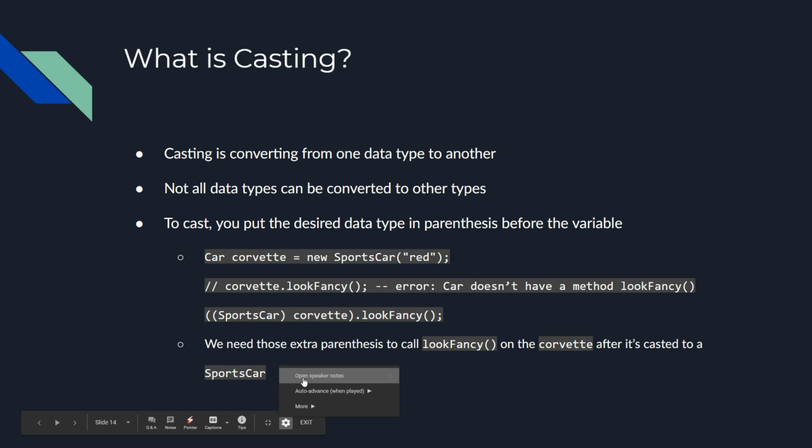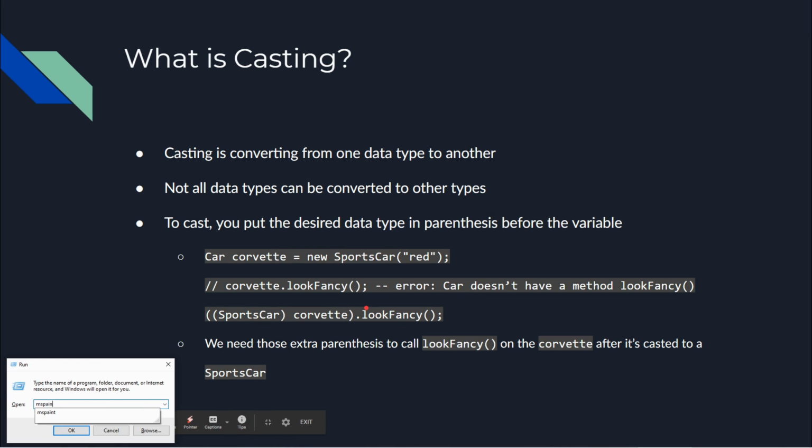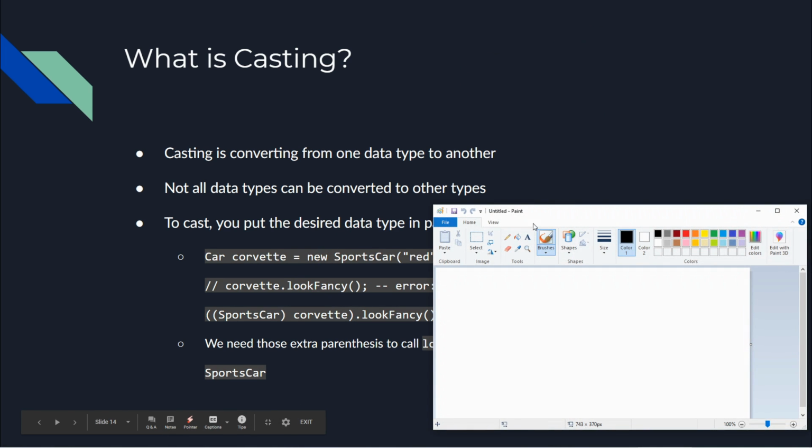I know I did it before. Screw it. Okay, paint again. All right, so